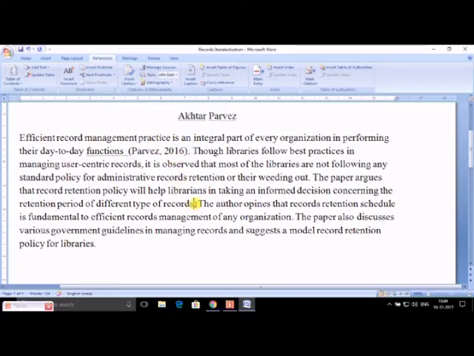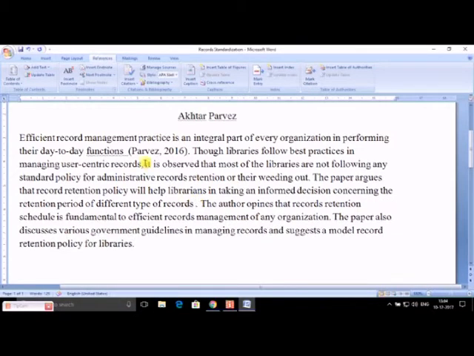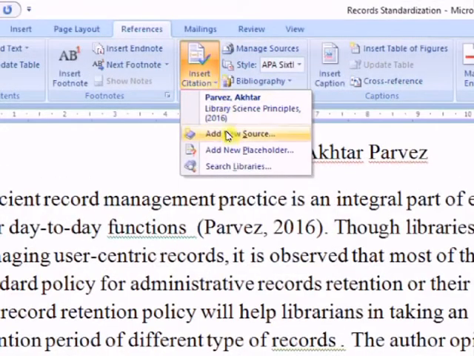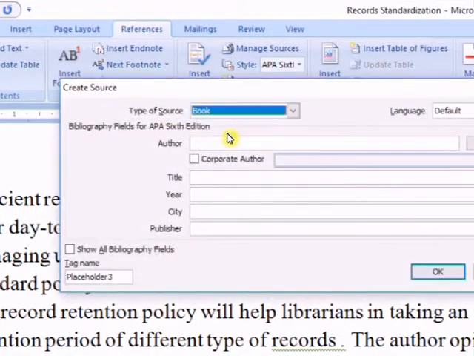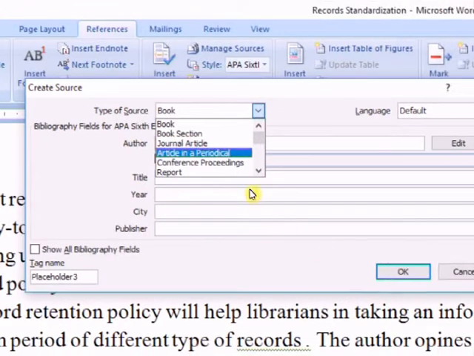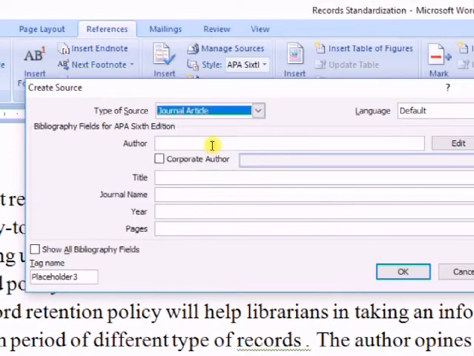Similarly, say if you want to add a citation here, click here and then once again go to insert citation button and say add new source, and this time say for example I want to add a journal article. I'll choose journal article from this box and I'll give author's name.